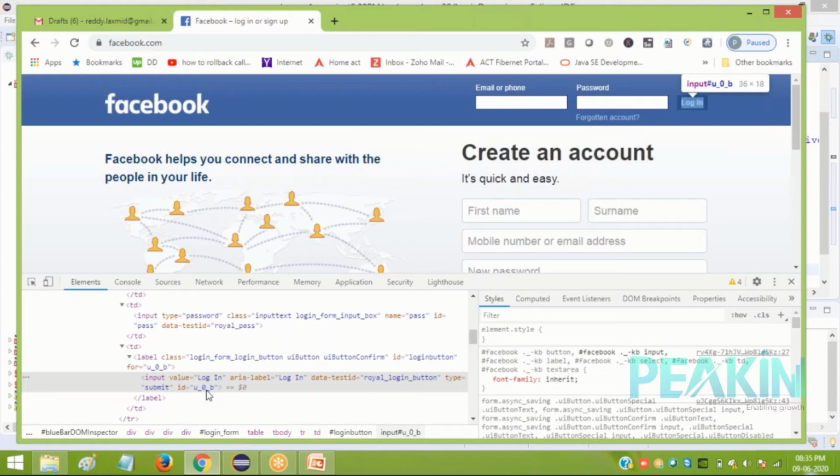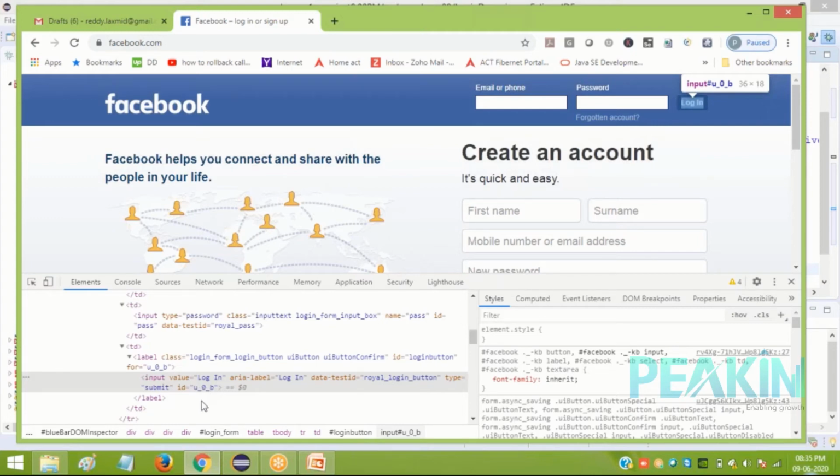Now observe the value. Here ID is having something U0B something. This is not an actual stable value. ID is there, but value will not be stable. If you see something like this, U0B, A, X, don't go for it because it's a dynamically changing value. Tomorrow if you open Facebook and inspect this login, something else value will be there.